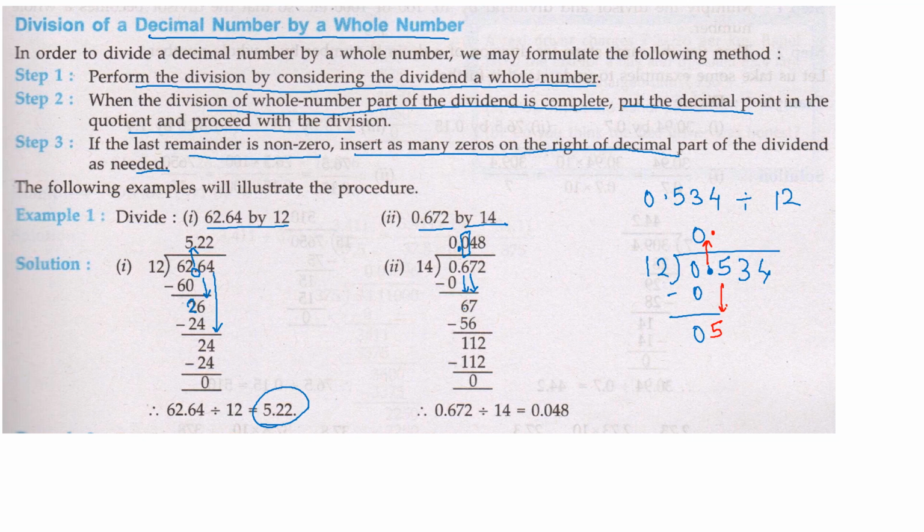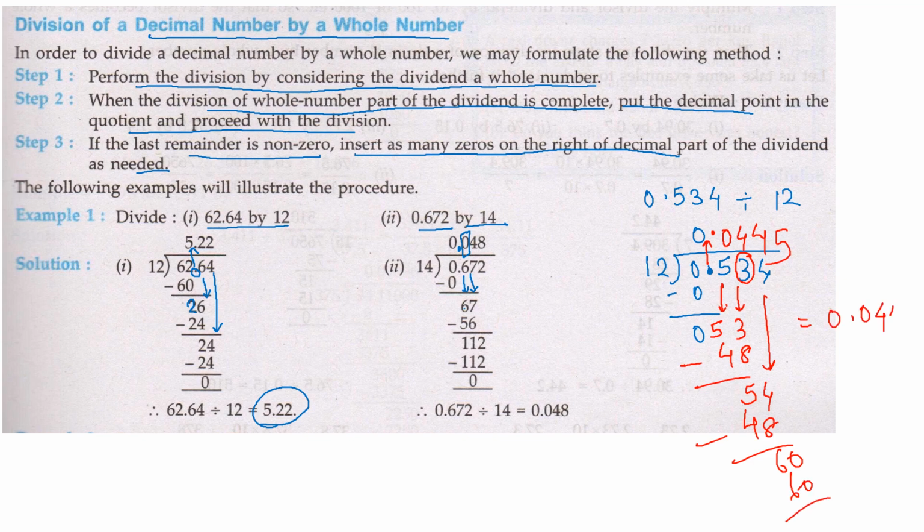Now again it is not going, isn't it? So 12, again it is not going. So what I will do, I want this 3 also, but directly you will not write 3. You will write a 0 first, then you will copy 3. Clear? Now 12 fours are 48, minus, what is left is 3. Copy the next digit, that is 4. Now 12 fours are 48, minus, 6. The point is already there, so with the point you have the power of adding a 0. 12 fives are 60. So the answer is 0.0445.